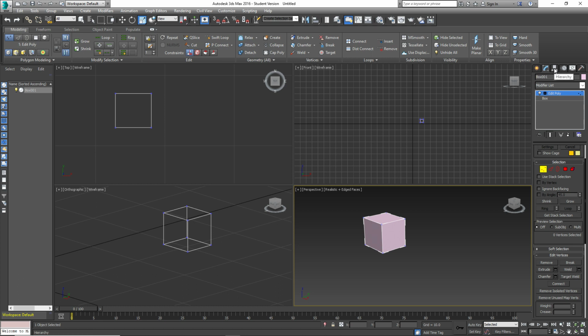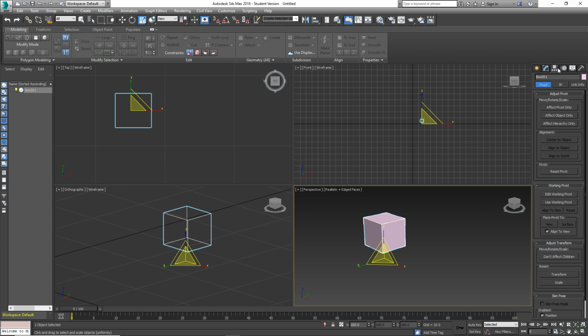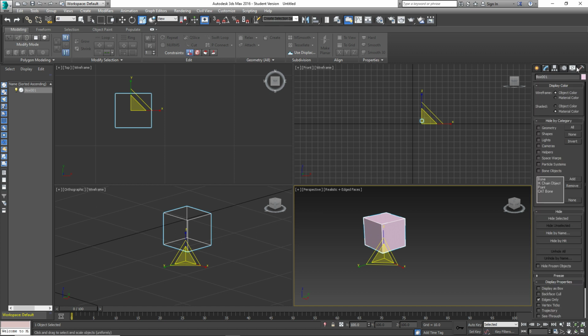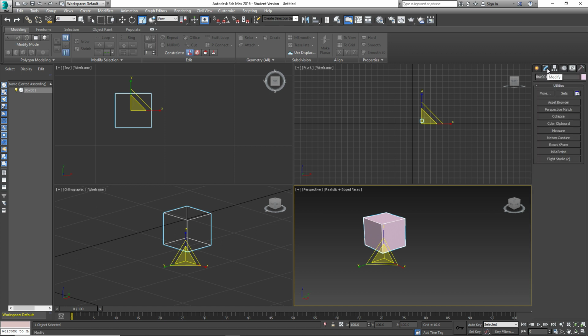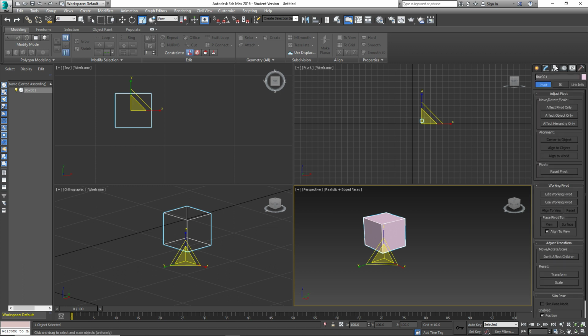Now you have a lot more stuff like hierarchy, motion, display, and utilities. This gets into the more advanced things, and this video is almost 40 minutes as it is. So I'm going to stop there for right now, and I'll go over this other stuff in a separate video. But that's going to be the first